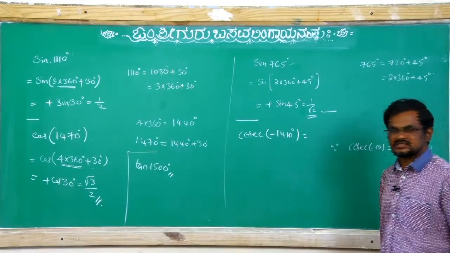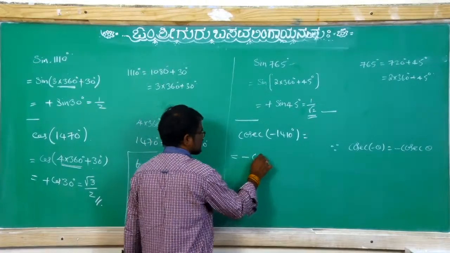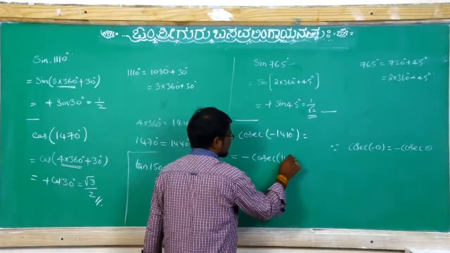First we have to write like this. So it is in the form of cosecant of minus theta, that is equal to minus cosecant of theta, 1410